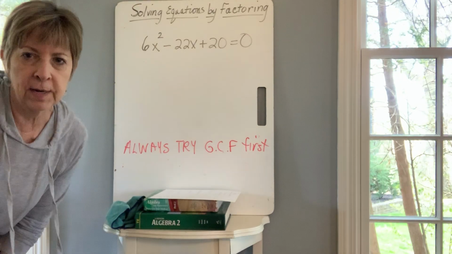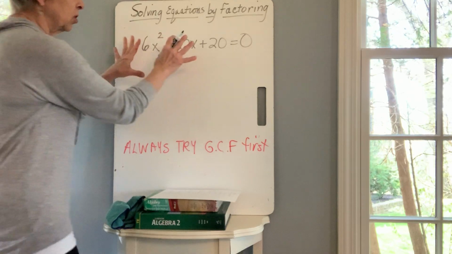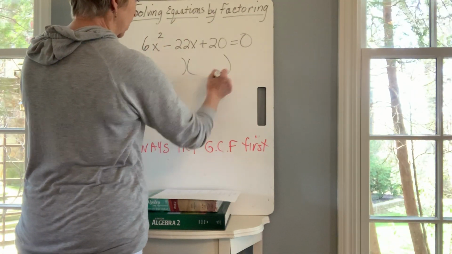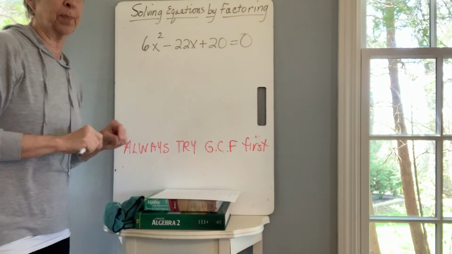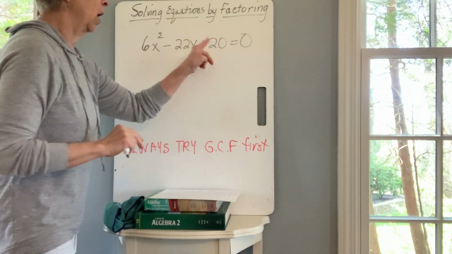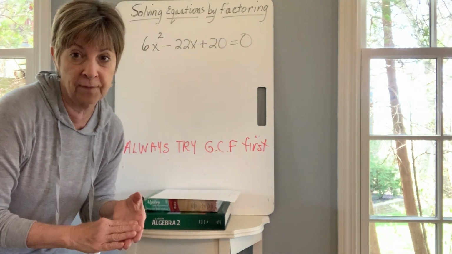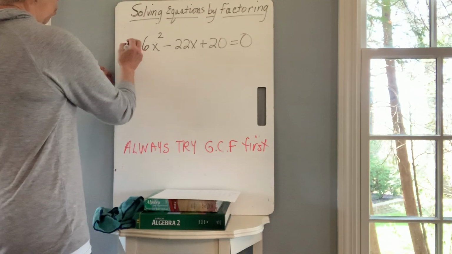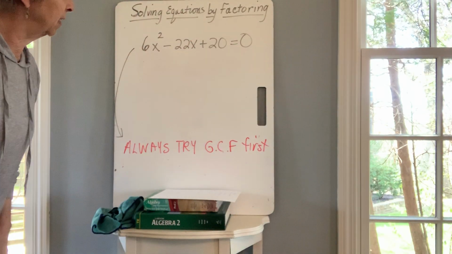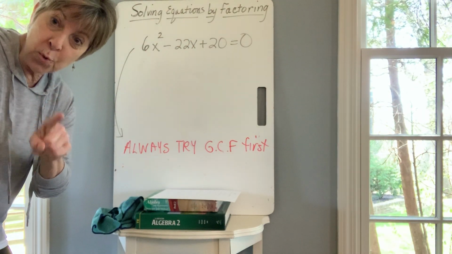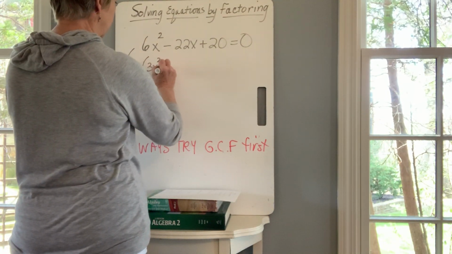Okay, now here's one. Now this is our old familiar trinomial. But if you just started to do this now, it's going to be difficult because 6 has 2 different factor pairs, 6 and 1 or 3 and 2. 20 has 3 different factor pairs, 20 and 1, 10 and 2, or 5 and 4. So what can I always try first? GCF. Is there a GCF? Yeah, 2. So if I take a 2 out of all these terms first,